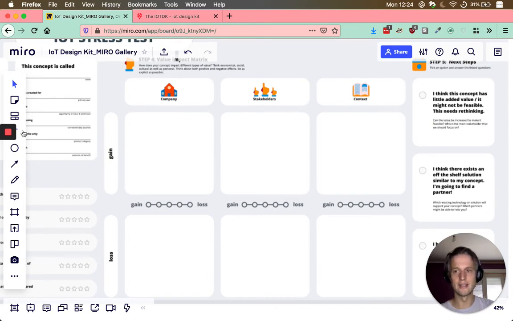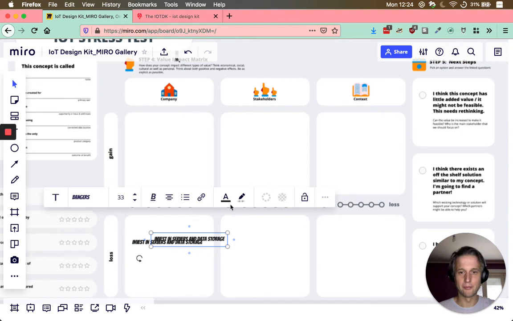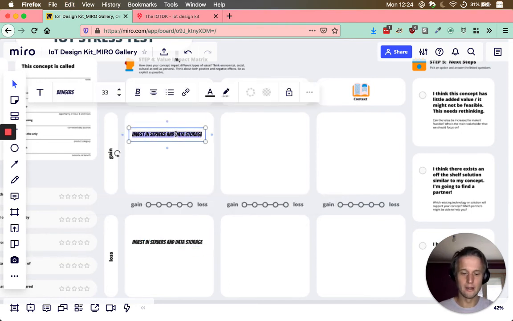For instance, in the case of a company, there is a value loss here because we need to invest in servers and data storage. That's a clear investment that needs to be made, but the value gain could be that we are